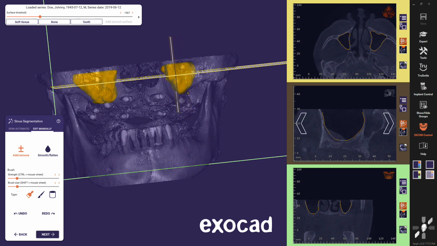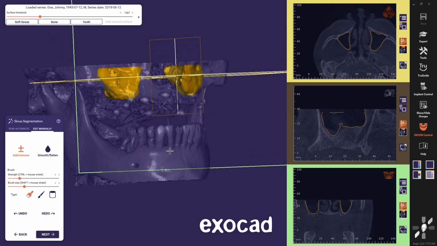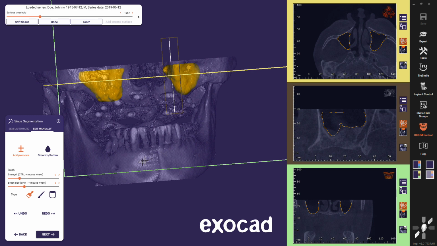Scroll in the secondary view to adjust the mesh on more areas. Continue with Next.